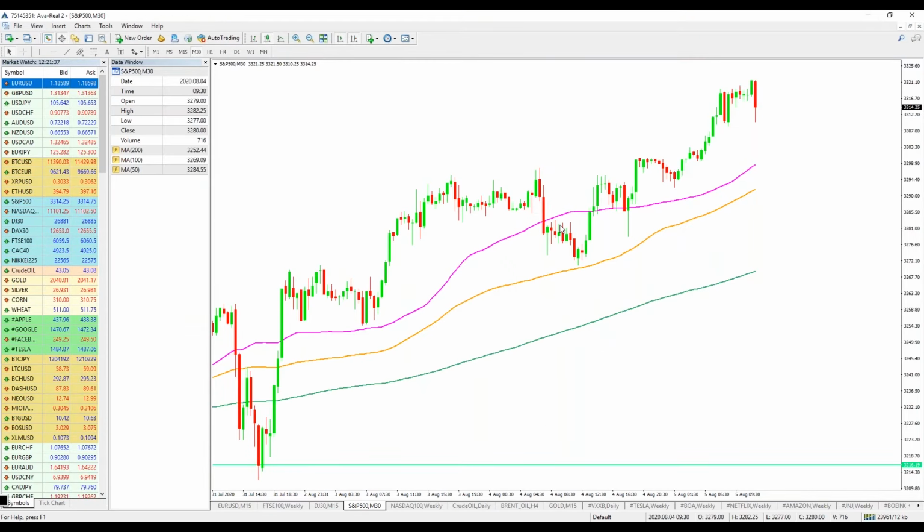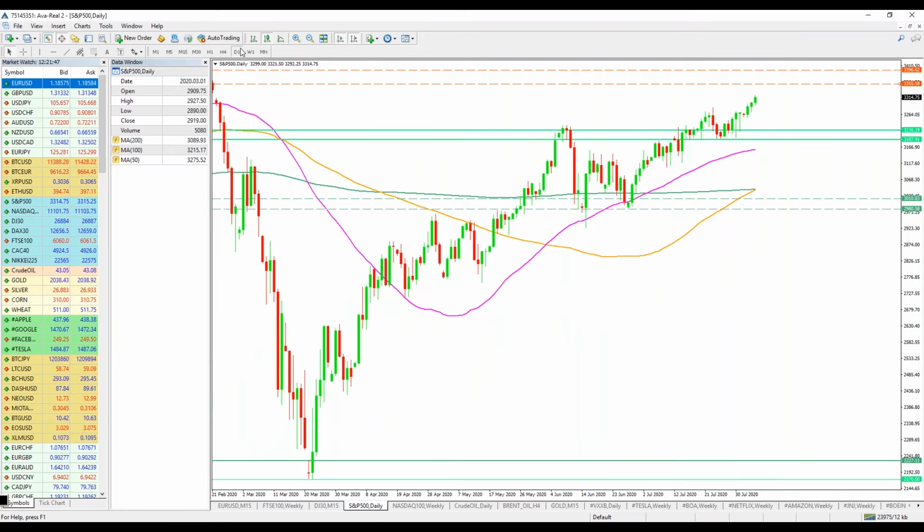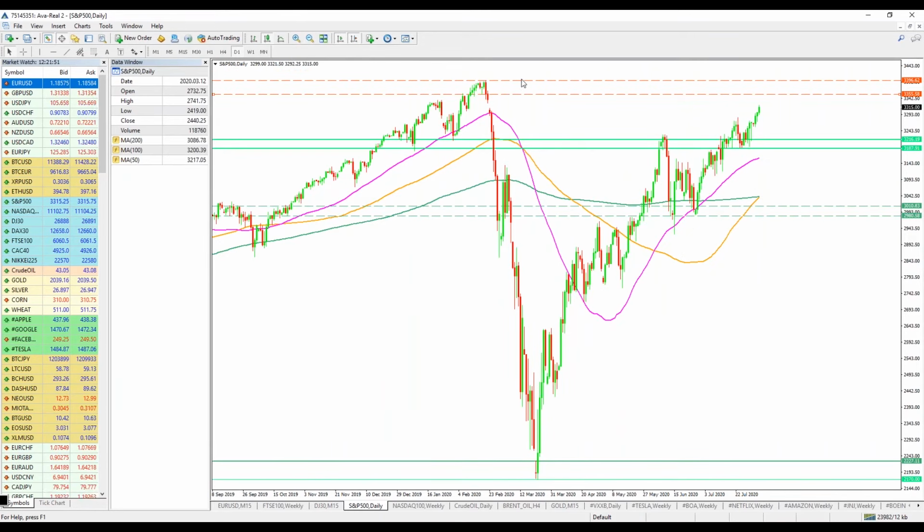Now, how to spot an entry point. With respect to entry or exit points, first of all, what we've got to look at is the S&P, not on the 30-minute, but on a daily time frame. And when we look at the daily time frame, the first thing which pops in front of us is the S&P 500 index